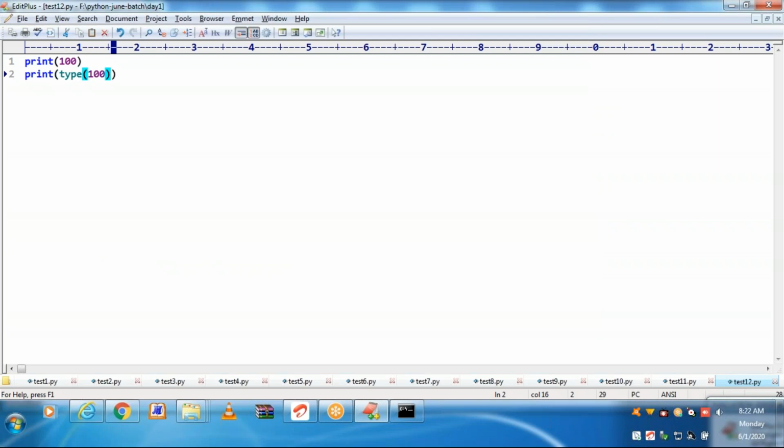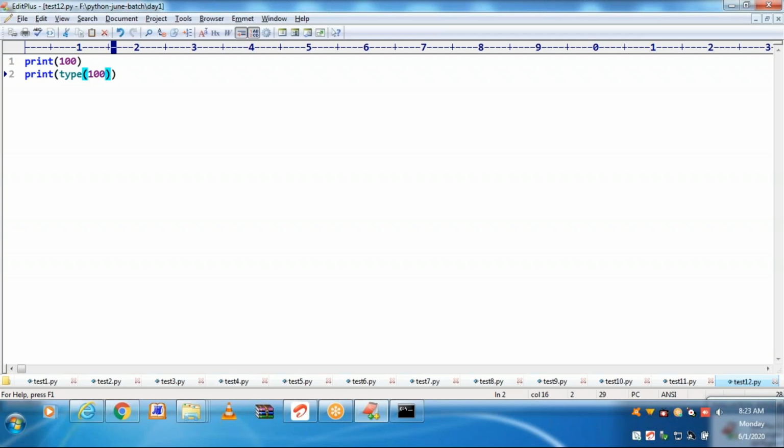Type is one of the built-in functions. Through type you can find out the data type class name of 100. For the 100, what is the data type class name?